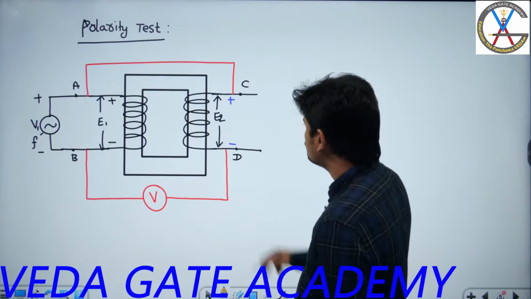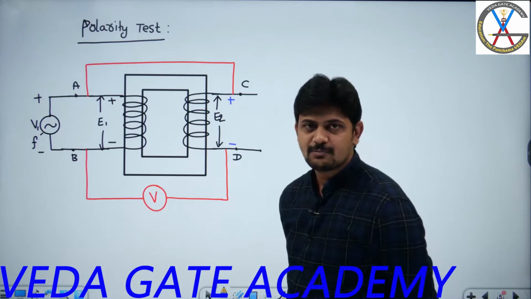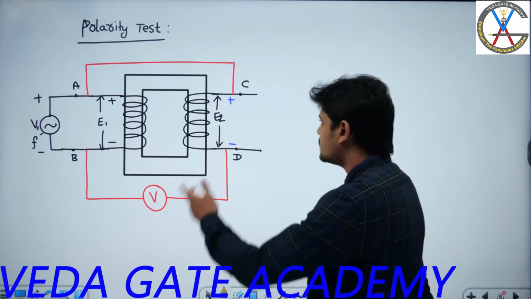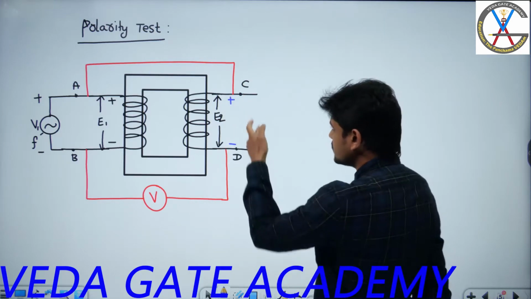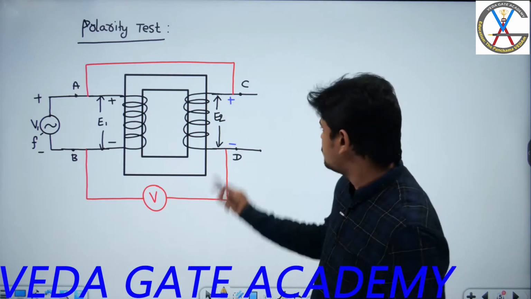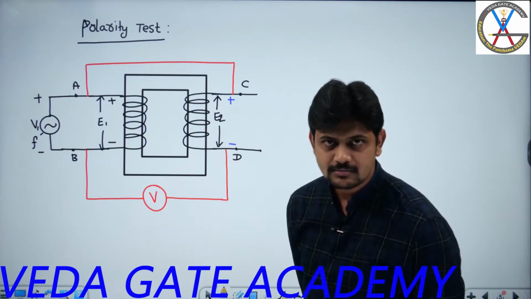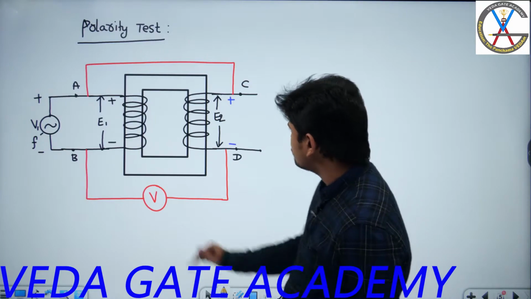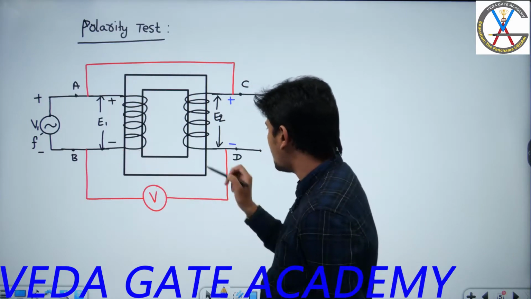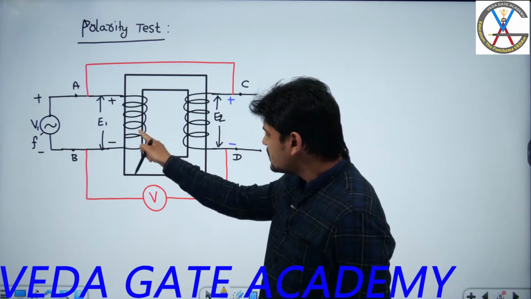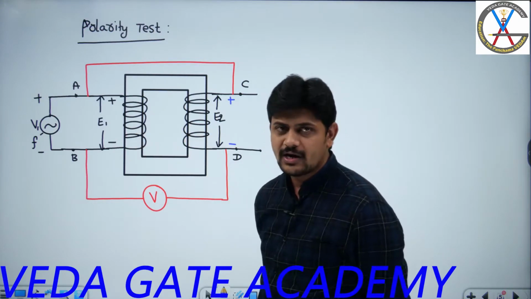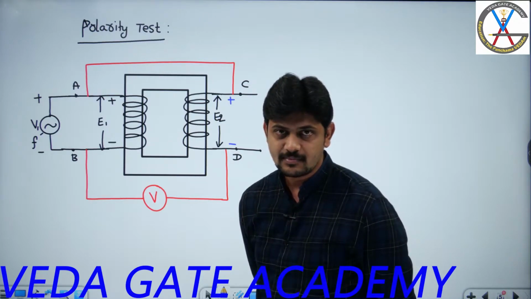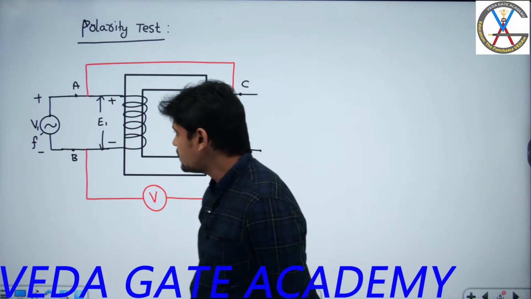Suppose I choose the first possibility, C positive with respect to D. Only two possibilities you will get, right? There is no chance of this being positive and this being positive, or this negative and this negative. If one terminal is positive, the other terminal is negative. Now here, if you observe, I have short circuited AC and across BD I have connected the voltmeter. That means I can see indirectly how I have joined these two windings. If you clearly focus, I have joined these two windings in series connection. Series connection. See here, clearly see here.